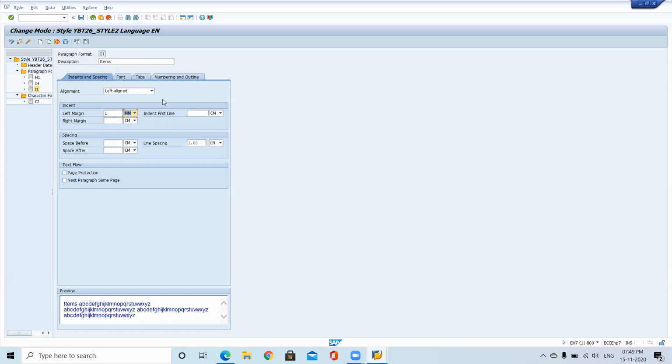So in these alignments also, last time I told that for an item header, I just want to print this information in the middle. Then you can select this one, the centered align format. Last time it displayed from the left hand side, but if we display in the middle, it will be good. So in that case, select this centered format.